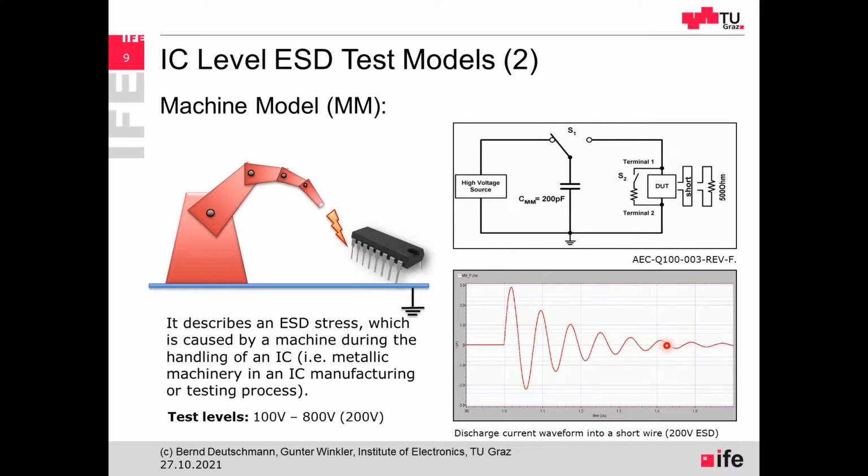So there is a kind of oscillation which is built by the parasitic inductances that are also available in this discharge current loop, and especially by the impedance that is seen when you're looking into the IC, so into the discharge port from the terminal 1 to terminal 2 of the integrated circuit. So very often we have a kind of oscillation of this electrostatic discharge current.